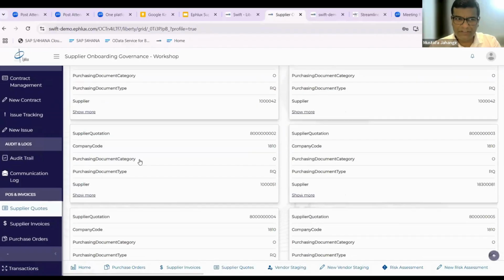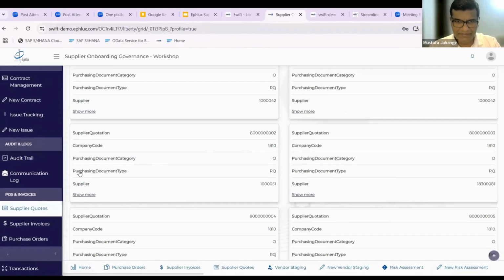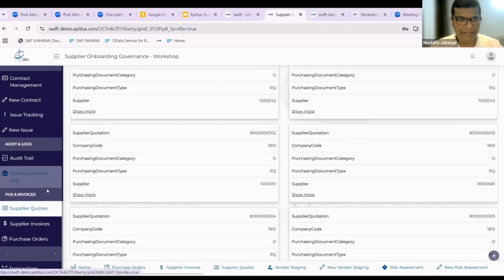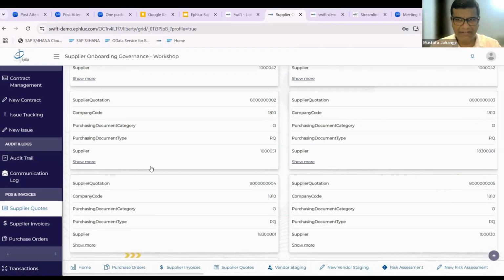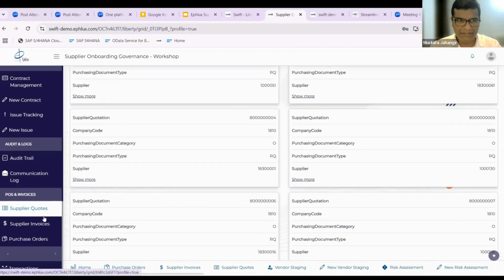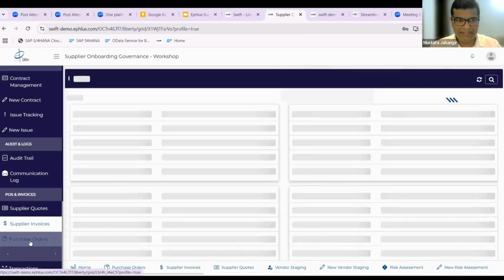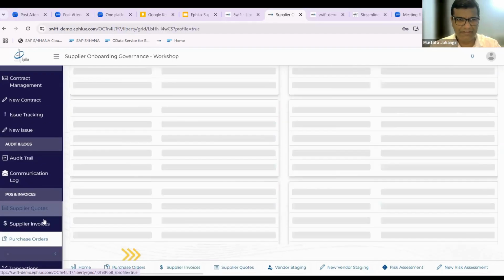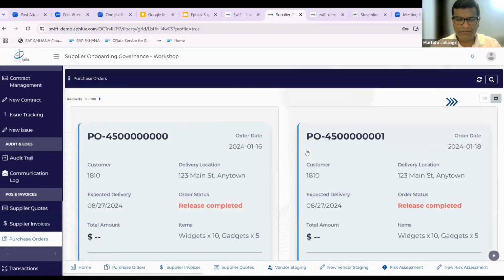The extended part of the solution is the supplier self-service part. That is, of course, if a customer requires a self-service portal as well, we can develop one using the no-code platform very quickly, using the Swift platform, where they can review their submitted quotations and the invoices and the purchase orders which they have received so far from the company. So this is all about the end solution that we have developed. And of course, based on the customer requirements,